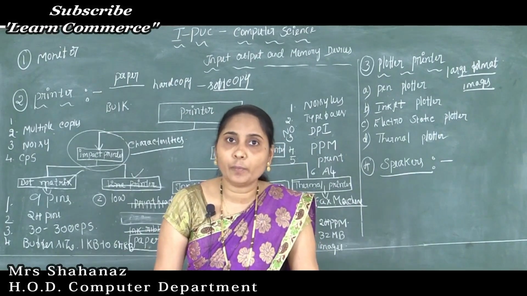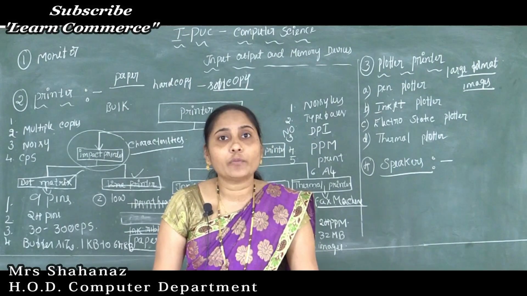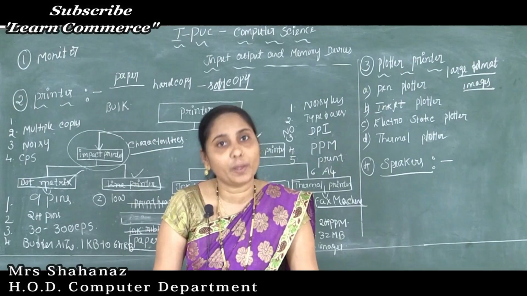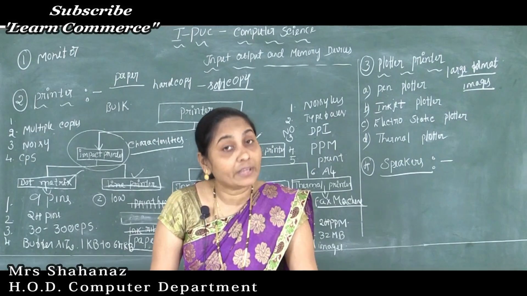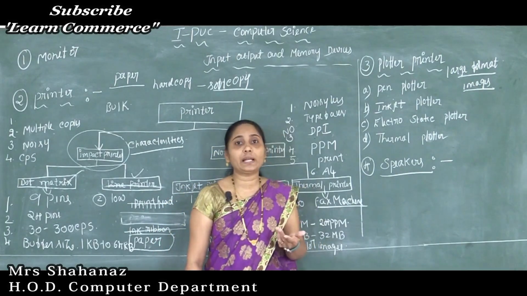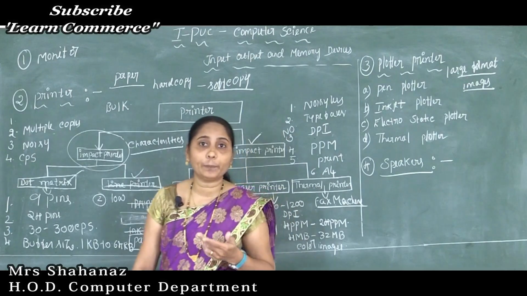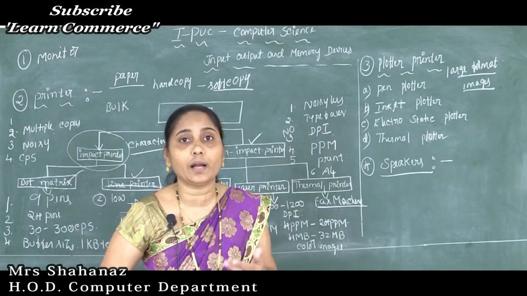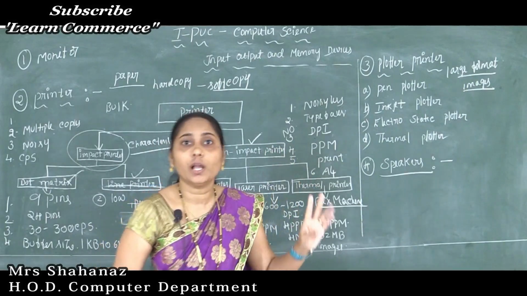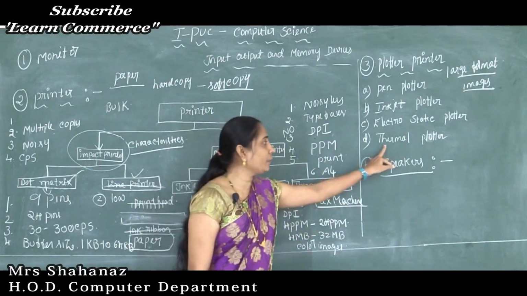In our thermal plotter we can say that they are very fast and also require a special kind of paper, and we can print color images also. How many types of color can we print by using such a thermal printer? We can use two colors only. Clear this point here? So this is about our thermal plotter here.